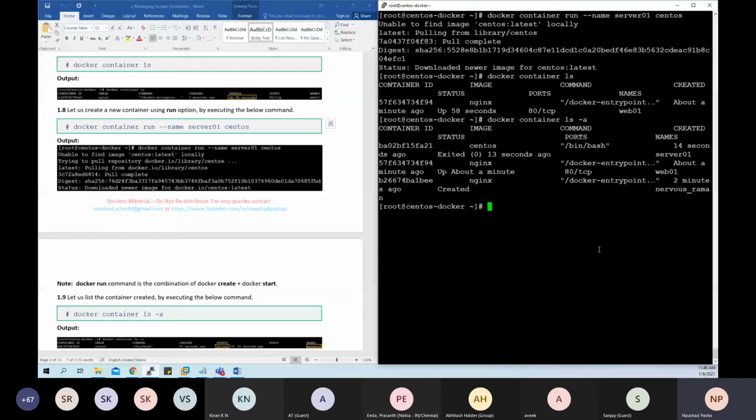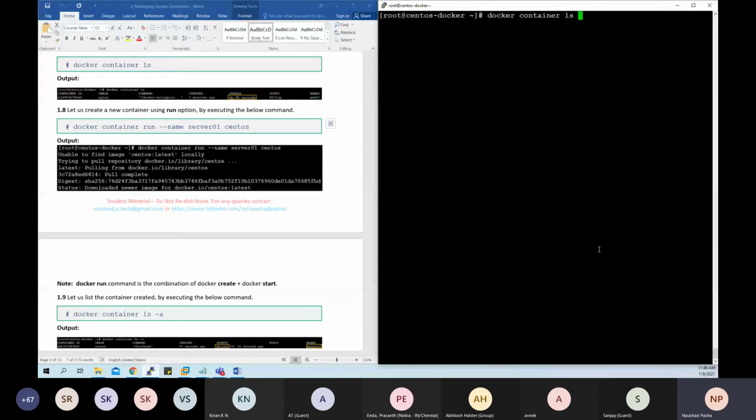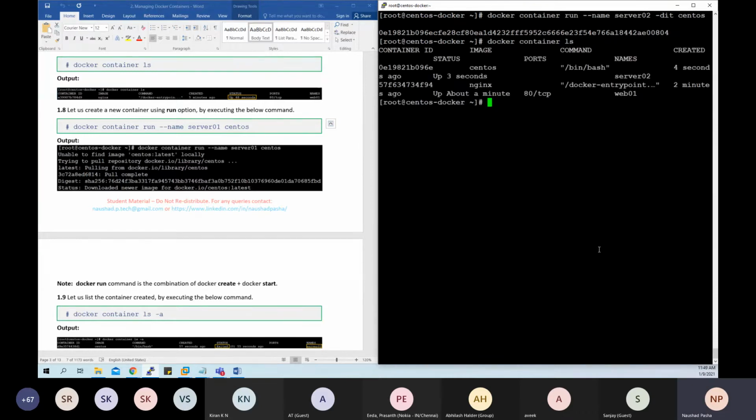Now, if I wanted that container to be in the up state, I will have to use an extra option -dit, detached interactive terminal. Let me name it as server02. Now when I do docker container ls, I'll get to see server02 is in the up state, not exited.